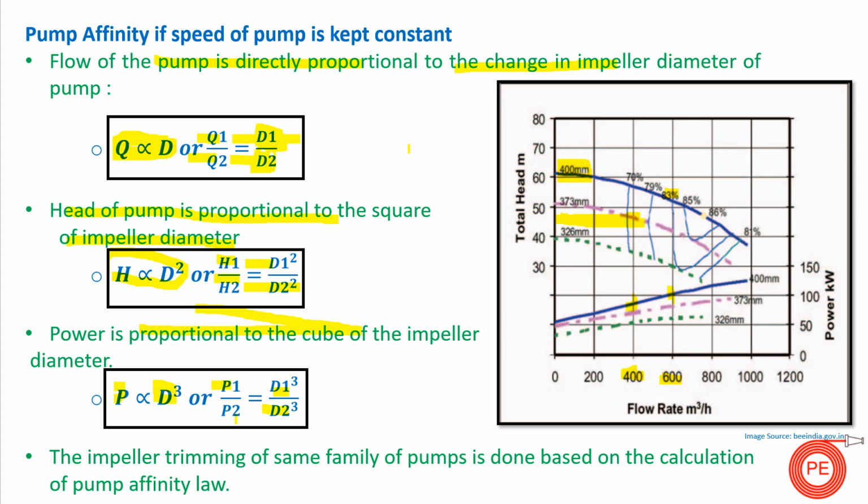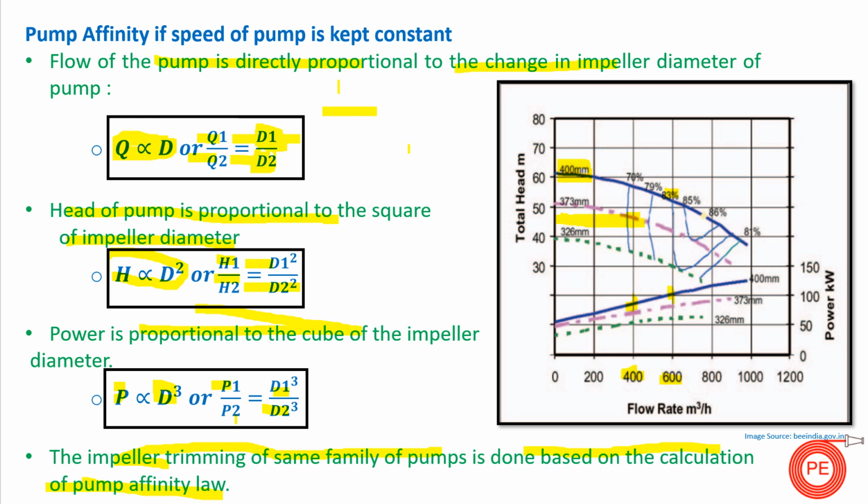So if I am increasing my flow, my impeller diameter will also increase and my power consumption will increase by 8 times. So what is the basic application of this affinity law? Affinity law is used in impeller trimming of the same family of pumps, which is done based on the calculation of pump affinity law. So if I'm having a certain flow, let's say a flow of 1000 meter cube per hour,